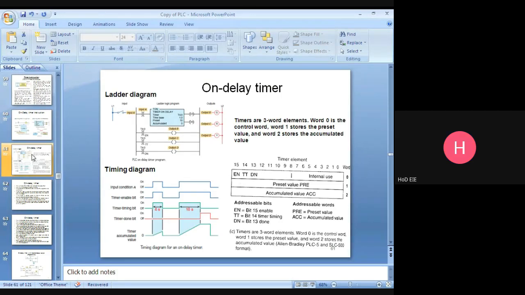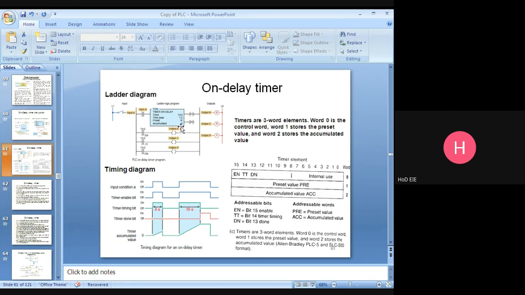Okay, let me explain this operation. Are you able to see the slide? Yes, sir. Okay. Listen carefully. Suppose I am closing this contact. Already I told you the enable bit will be energized immediately.